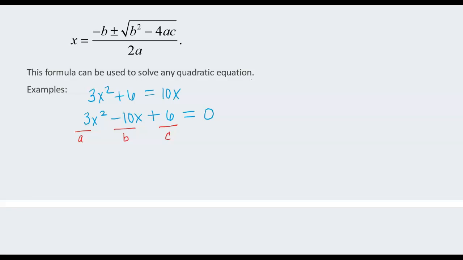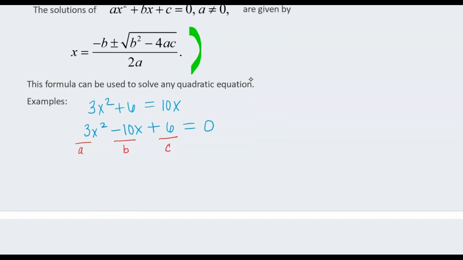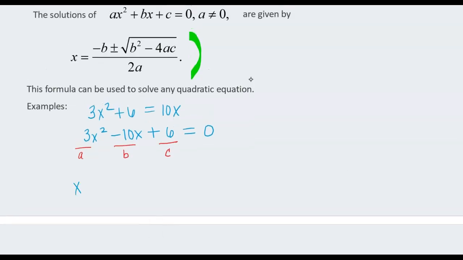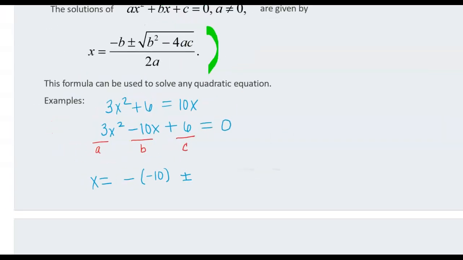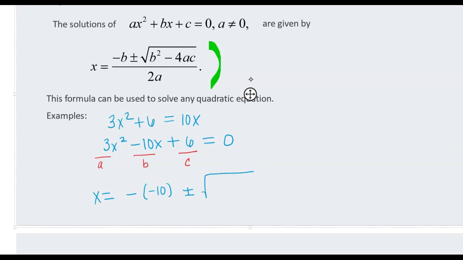So plugging these items into the formula here, we're going to have that x is equal to negative b, so that'll be a negative negative 10, right? The opposite of whatever the number is for b. Plus or minus, that plus or minus is how we end up getting two different answers. B squared, that'll be negative 10